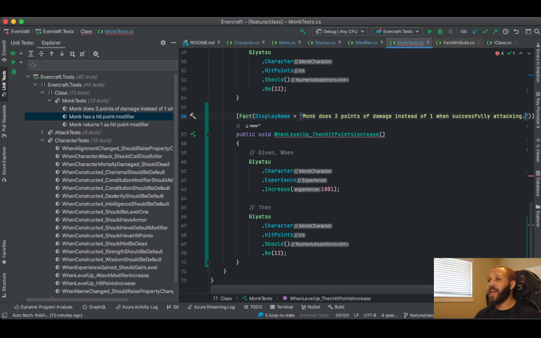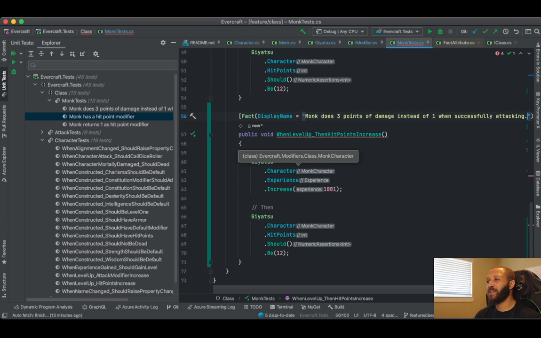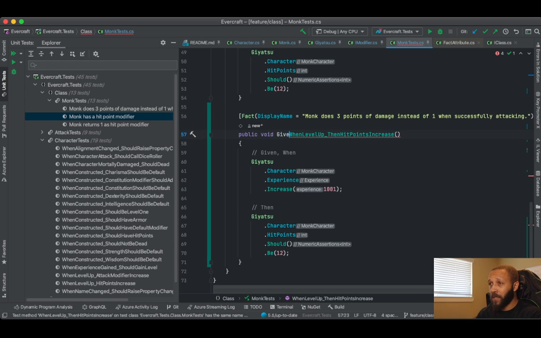Right, so here we would actually have to have, so this is more of a character. This is an integration of two things, but this is just a character with a class. And you're probably going to have a race, which is also going to have modifiers, which is why I was trying to create a concept of a modifier, but I don't know if that's going to play in now or later, or if I can do everything in a base class with inheritance, or if I need to go a compositional route. But when it hits a point of critical mass, we will find out because the code will dictate everything to us. So, given monk,